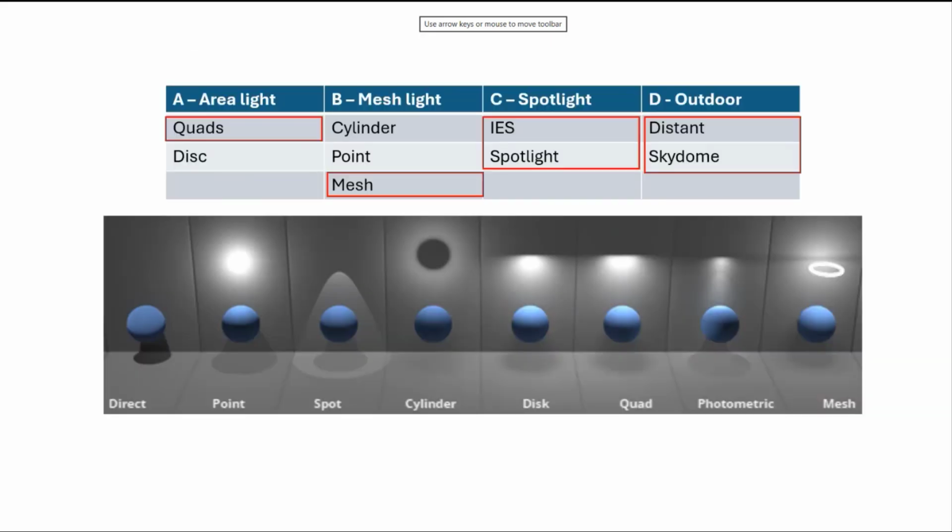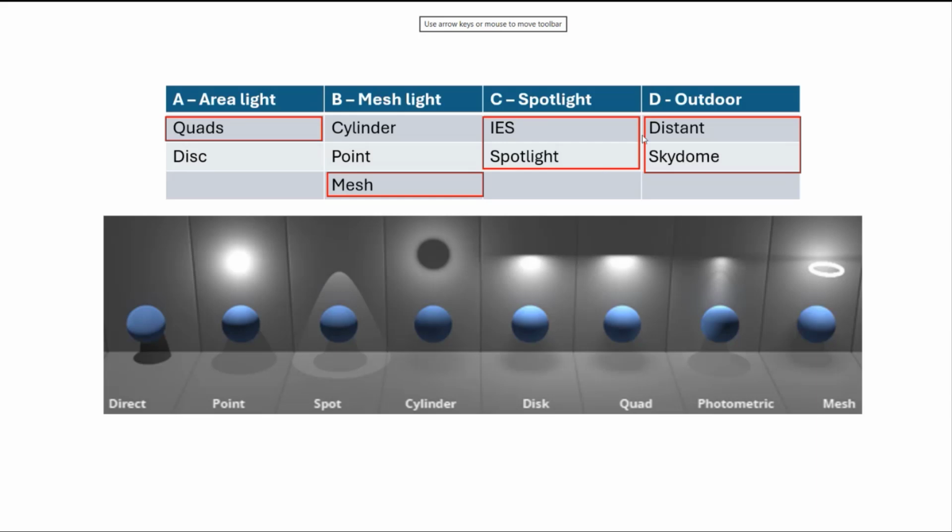So these are the kinds of lights inside Arnold, from the direct light and point light. If you use Maya's default lighting, some of the lights from Arnold are a bit similar.